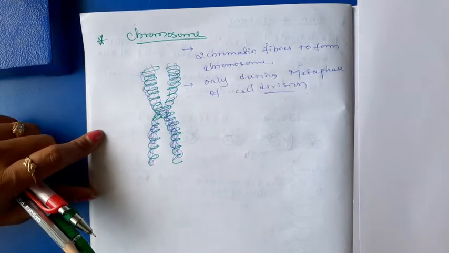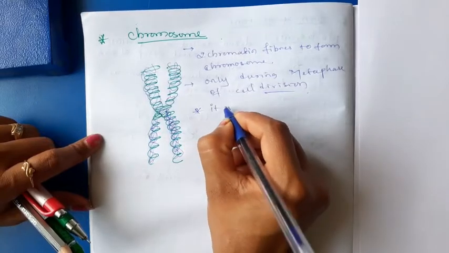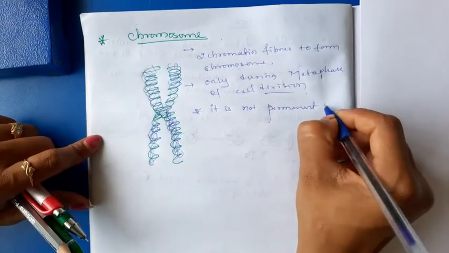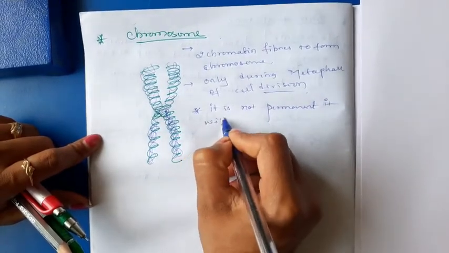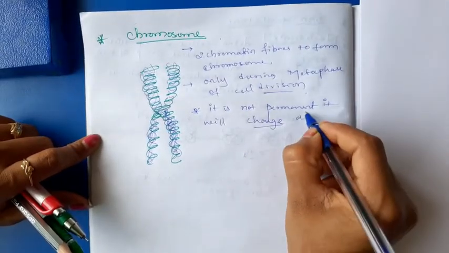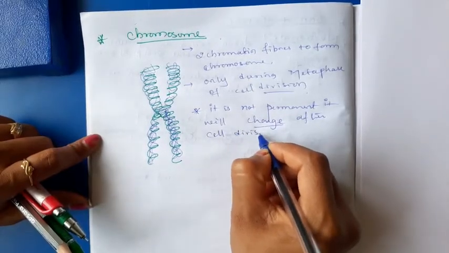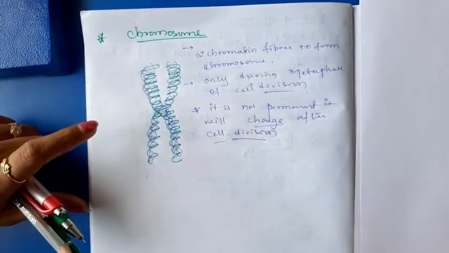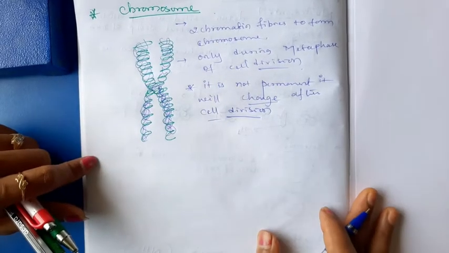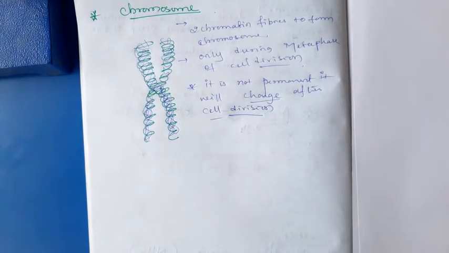This chromosome model is not a permanent model, it will change after cell division. You know that. The structure of chromosome we can see only during the cell division. Okay. This is all about the packing of DNA inside the